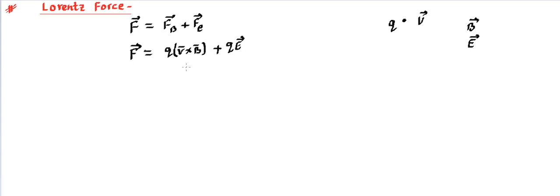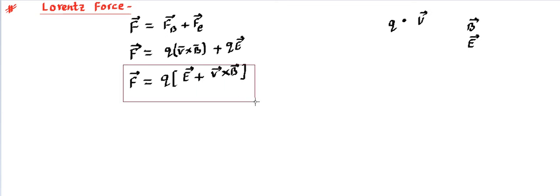And the force because of the electrostatic field is quite simple, it's Q into E. So this is going to be the force acting on this particle in totality. We can take this Q outside and write E first if we want, so it can be written as Q times (E plus V cross B). That's a cross product. So this is an important force that counts both the magnetic field as well as the electric field's presence. This force is known as Lorentz force.